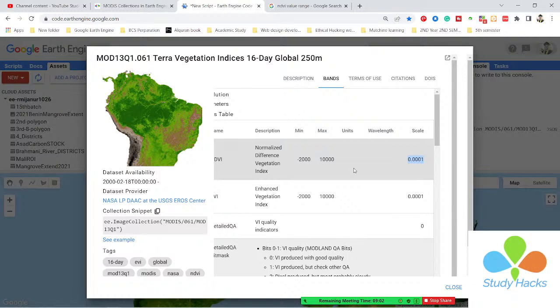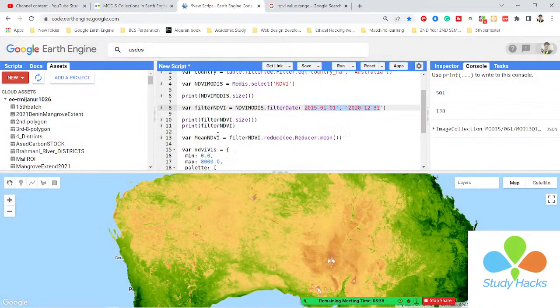These 138 images are stored in a variable. This variable name is filterNdvi. This filterNdvi stores the total 138 images. I just multiply with my scale factor because I need to maintain the range